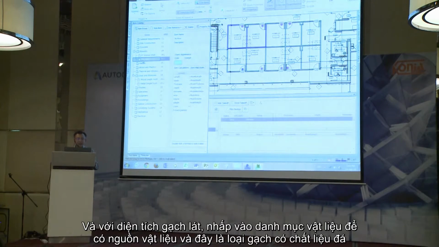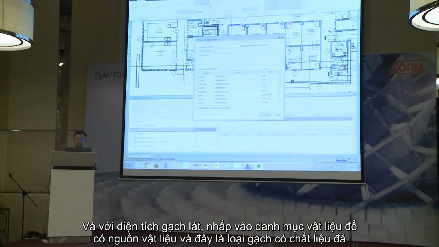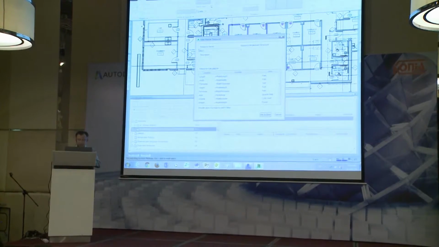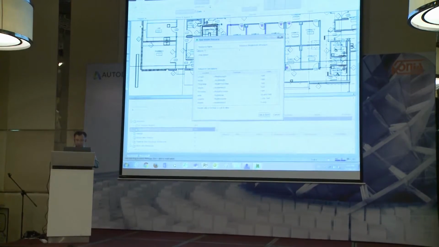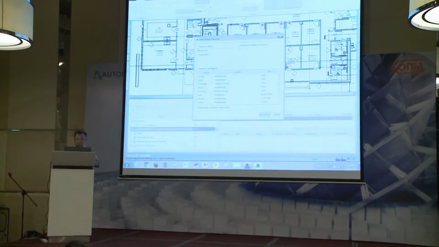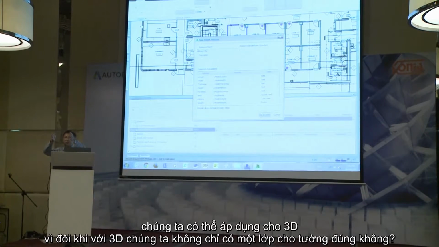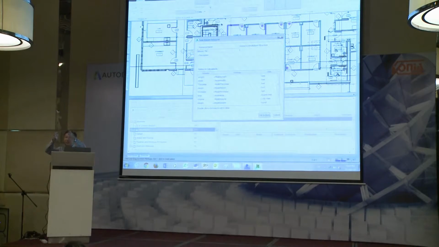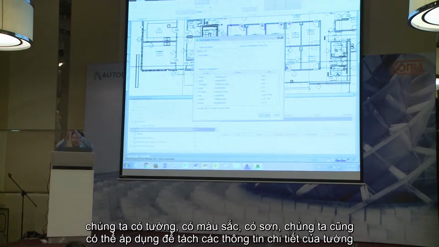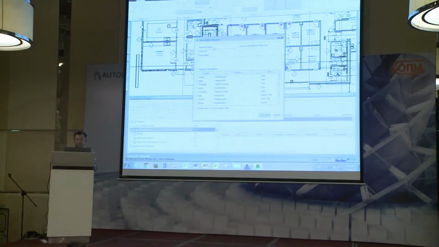And for the Thai area, I click at the resources for the new resources and say that this is the stone Thai. Now, in detail, we also can apply this with the 3D, okay? Because sometimes in 3D, we don't have just only one layer of wall, right? We will have wall, we will have gypsum board, we will have the colors, painting. We also can apply to extract in more details. Okay, so this one I say stone Thai